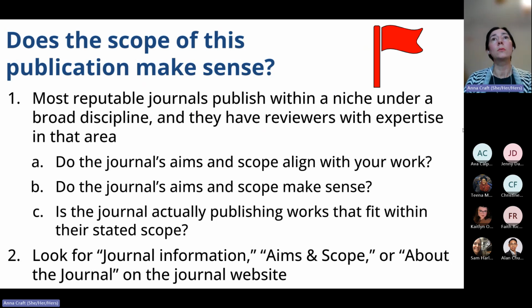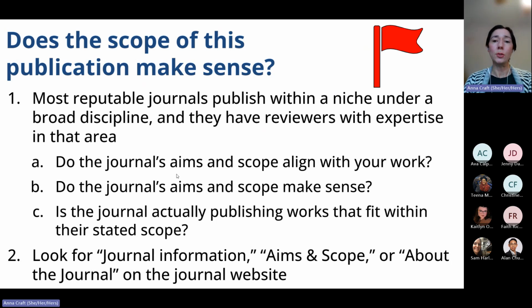One reason this is important is we want them to have reviewers that have expertise in the area, and it can be harder to maintain a really broad list of reviewers. You might not have someone with all kinds of expertise, but if you've got that smaller scope, you likely have knowledge of who is working in that area, who can be a reviewer. And that's the kind of editorial control that we want with journals we're publishing in.